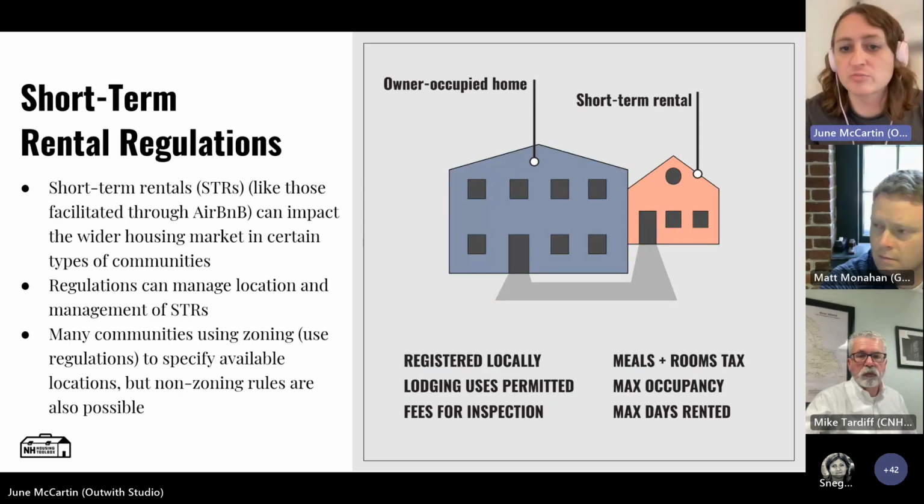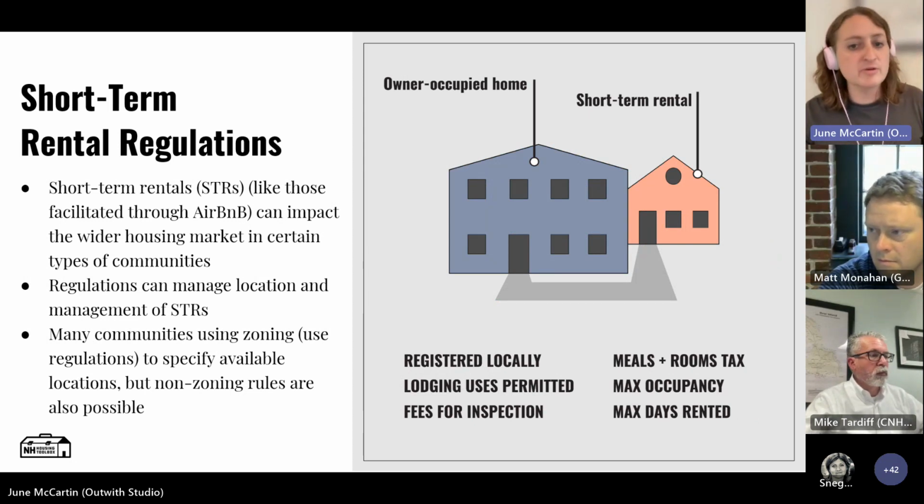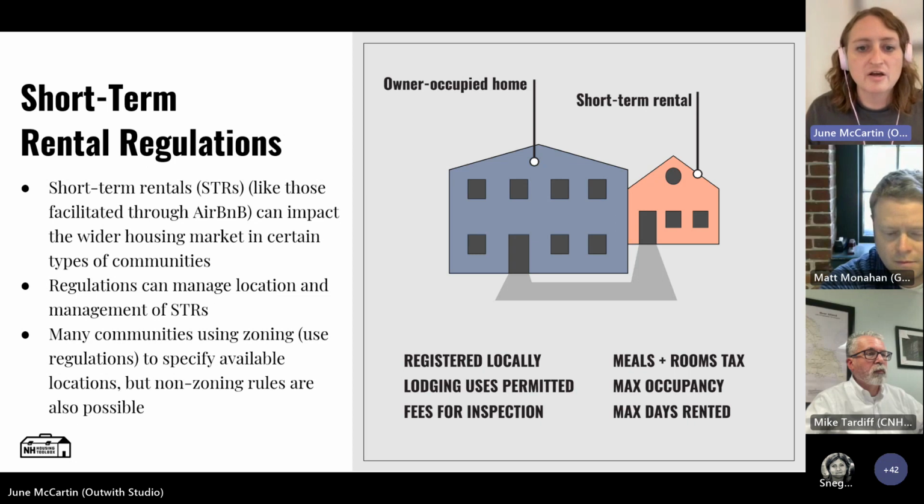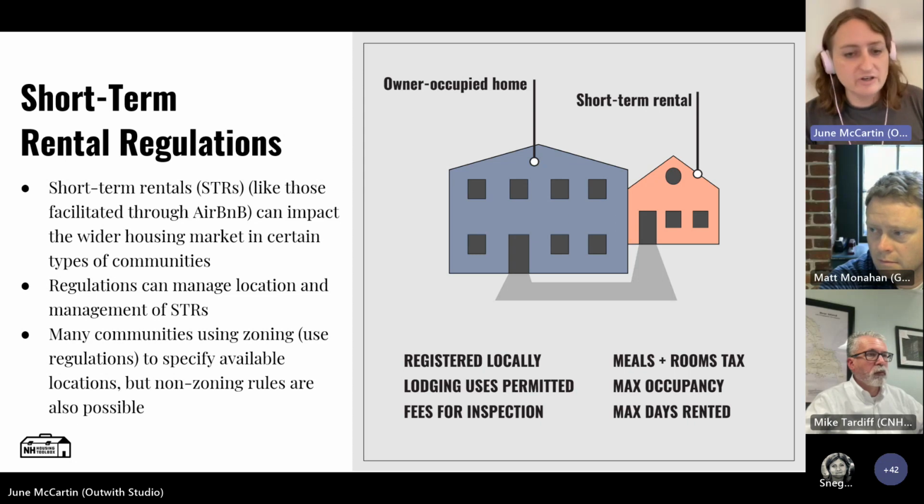And then lastly, short-term rental regulations. These are things like Airbnb, Vrbo, that in some communities, but not all, are going to have a significant impact on the long-term year-round housing stock. Certain seacoast communities, certain mountain communities, places near colleges, etc. There are regulations that towns can use. This is an actively developing body of law. But the simplest thing is